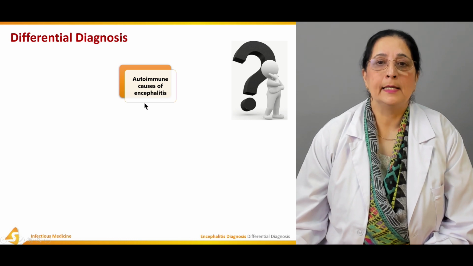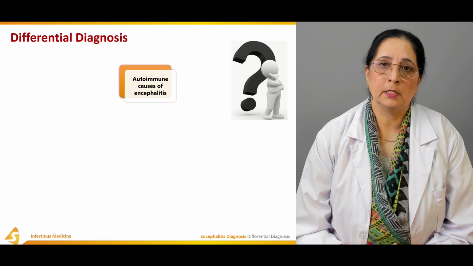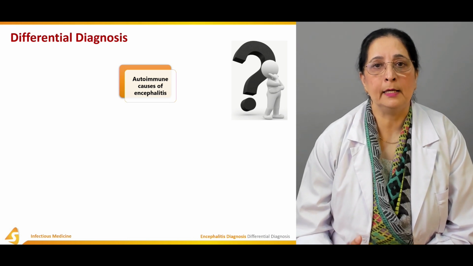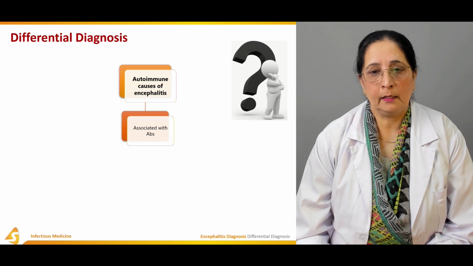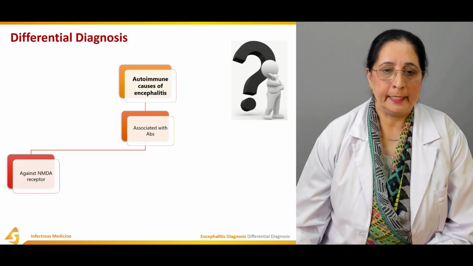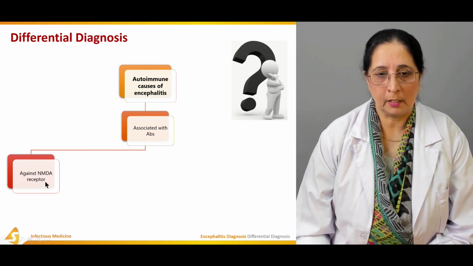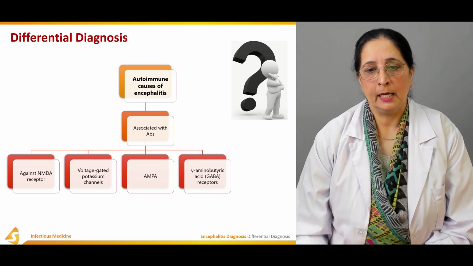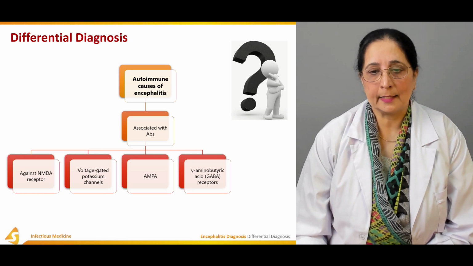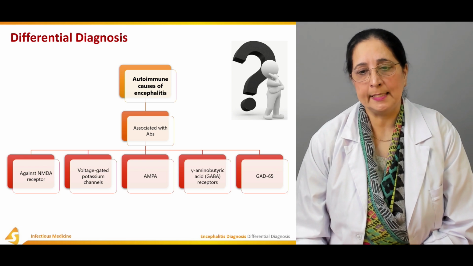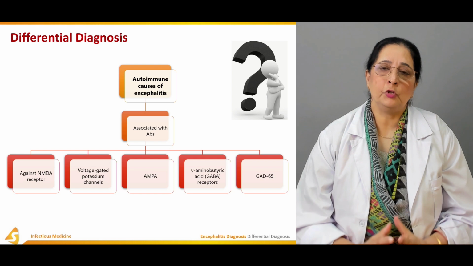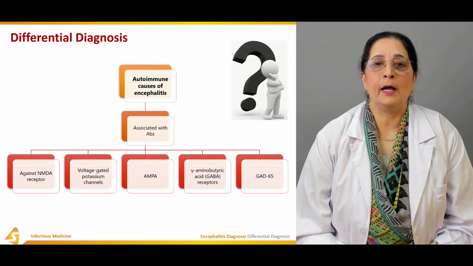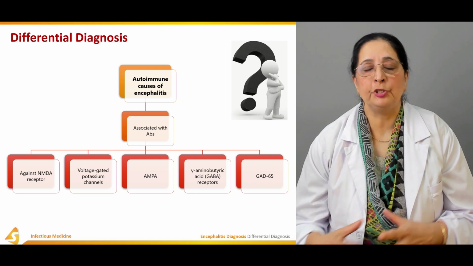Autoimmune causes of encephalitis. So what are some autoimmune causes of encephalitis that should be differentiated from the viral encephalitis? These are associated with antibodies against NMDA receptor, voltage-gated potassium channels, AMPA, gamma aminobutyric acid, GABA receptor, and GAD65. So autoimmune causes of encephalitis, usually we differentiate them from the viral encephalitis by some specific features since it's